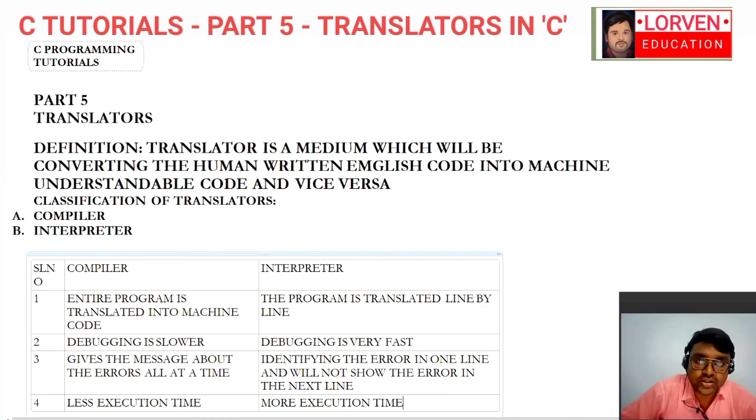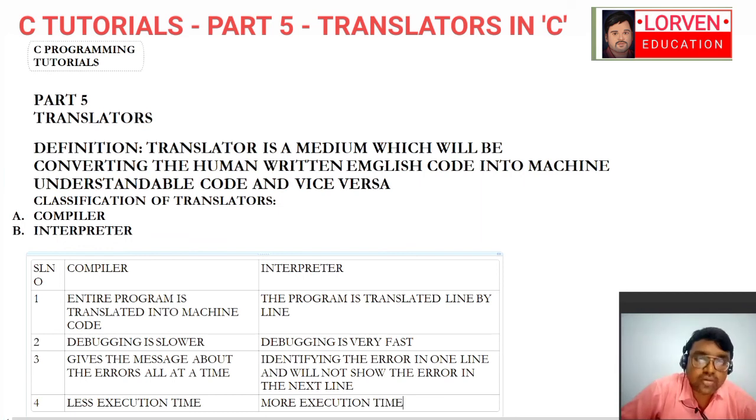Based mainly on the third and fourth points, the compiler is the clear winner. So if you are checking errors of the program you have written, you have to use only the compiler, and from today I will be using only the C compiler for any program that I write for explanation purposes.